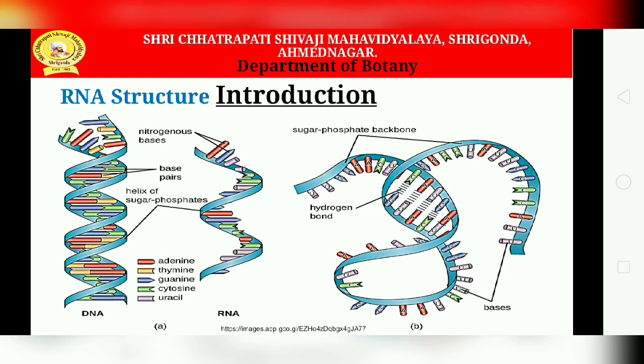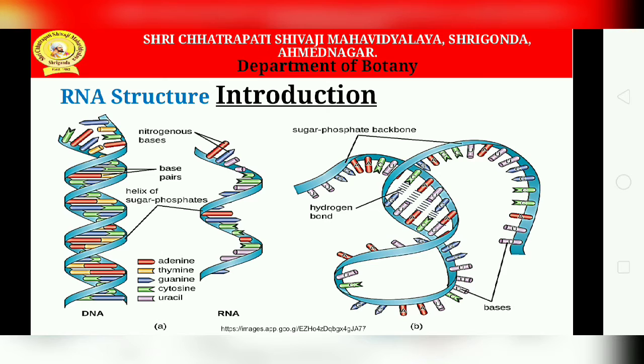This subtle structural difference in the sugar gives DNA added stability, making DNA more suitable for storage of genetic information, whereas the relative instability of RNA makes it more suitable for its more short-term functions. The RNA-specific pyrimidine, that is uracil, forms a complementary base pair with adenine and is used instead of the thymine used in DNA.